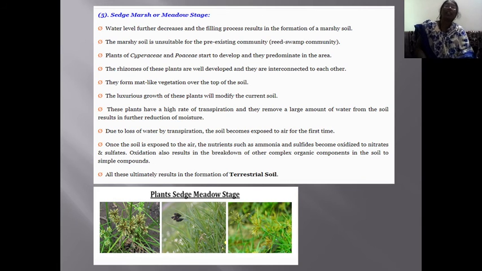Their next stage is the sedge marsh or meadow stage. The water level further decreases, and the filling process results in the formation of marshy soil. Marshy soil, in Marathi, is termed daldal. Daldal formation takes place in that region, and this marshy soil is unsuitable for the pre-existing communities, for example